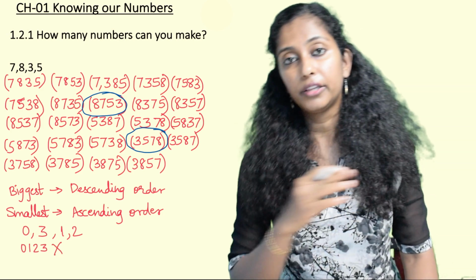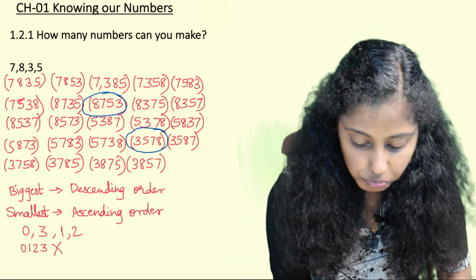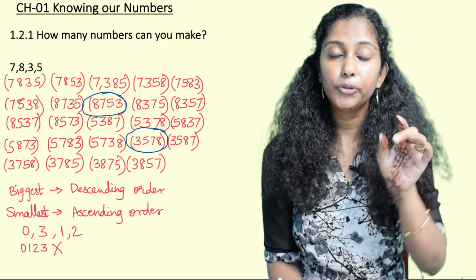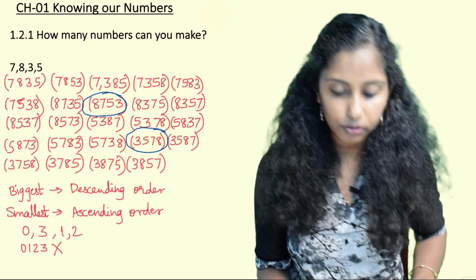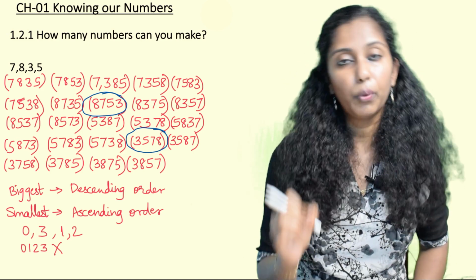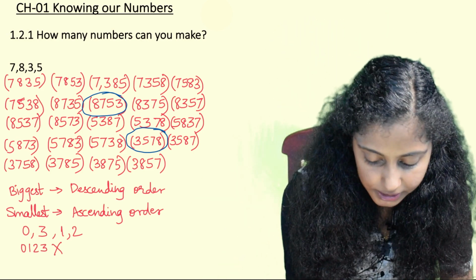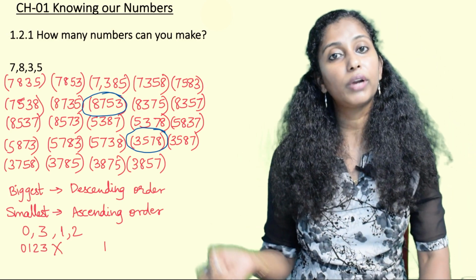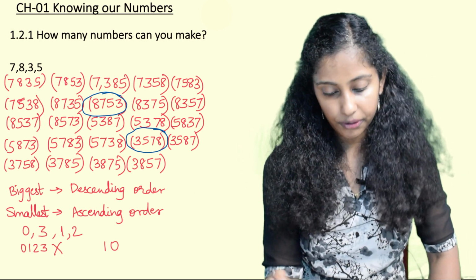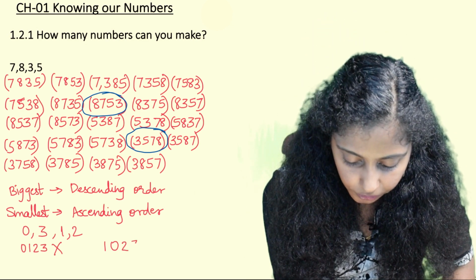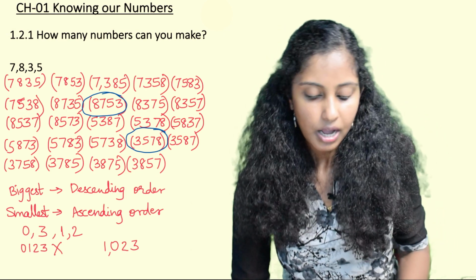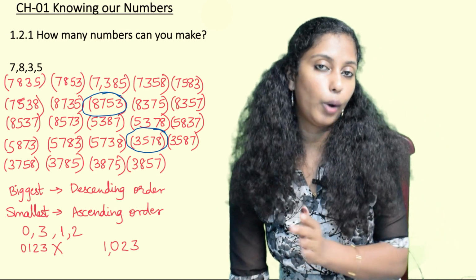So whenever there is 0 in the digits and you have to make the smallest number, other than 0 you have to check the other digits and find out the smallest one. If I take 0 separately out, the other digits are 3, 1 and 2. Out of 3, 1 and 2, the smallest is 1. So I write the smallest digit other than 0, that is 1. Then we always write 0 and then arrange 2 and 3 in ascending order. So 1023 is the smallest number formed out of the digits 0, 3, 1 and 2.